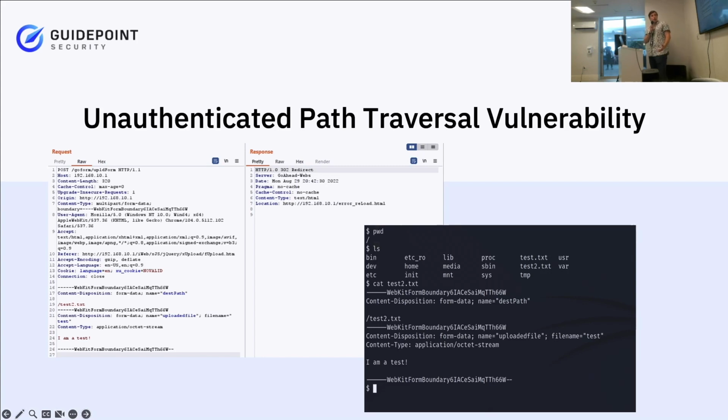The USB upload component didn't have that same level of security and due diligence applied. So in this case, I'm passing a request where the authentication token, the XU_cookie, equals no valid. And instead of passing that USB directory, within the dest path I now just pass a test2.txt file directly to the root directory. And when we do that, we get this fun little test2.txt file in the root directory, and it contains this entire form within